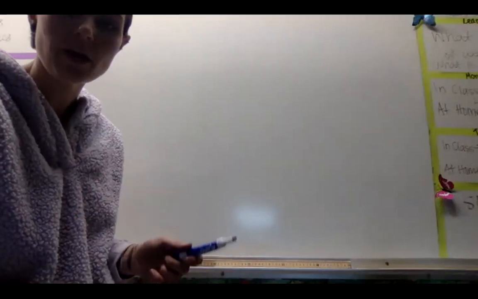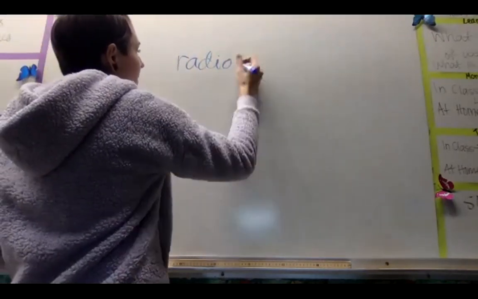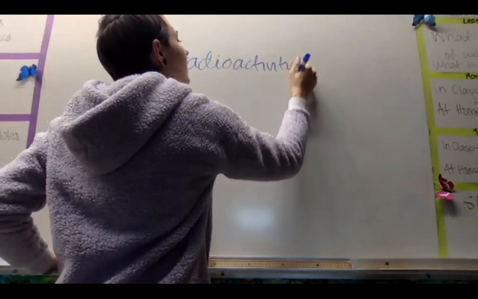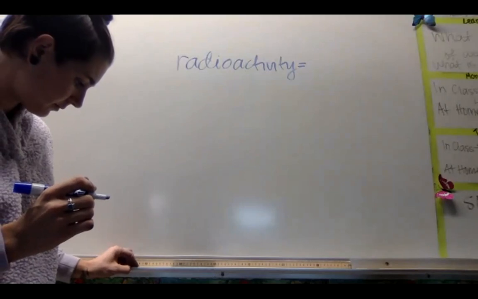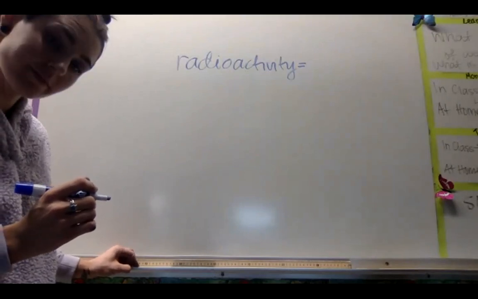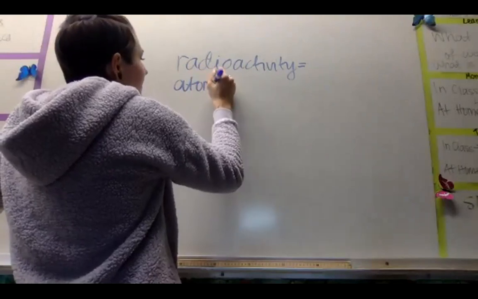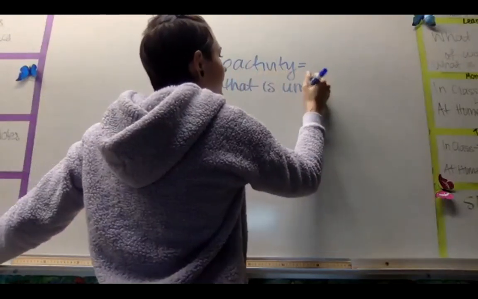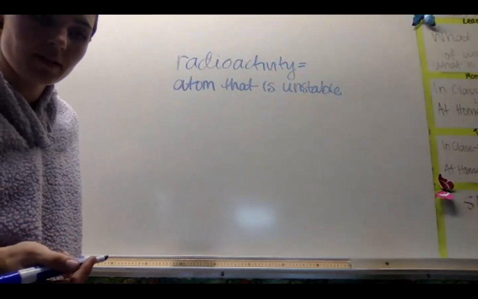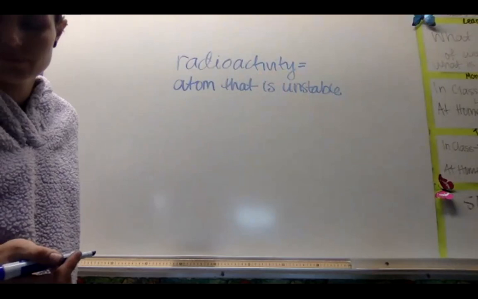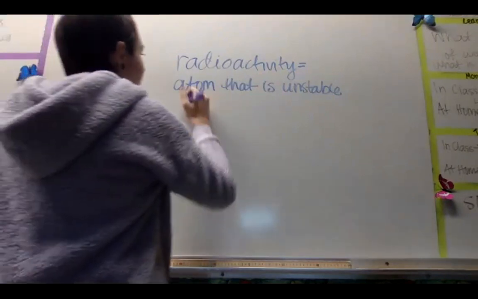So in terms of radioactivity, what makes an element radioactive? Does anybody remember? Why is something radioactive? Because the atom is unstable. Yeah, so radioactivity is when you have an atom that is unstable. And what does the atom do in order to become more stable? It releases energy. Yeah, so to become stable,